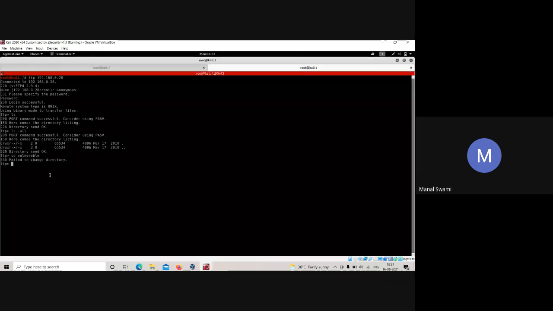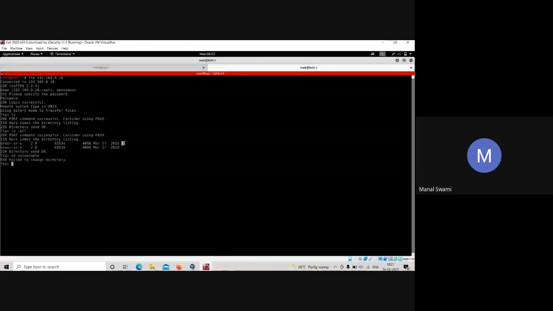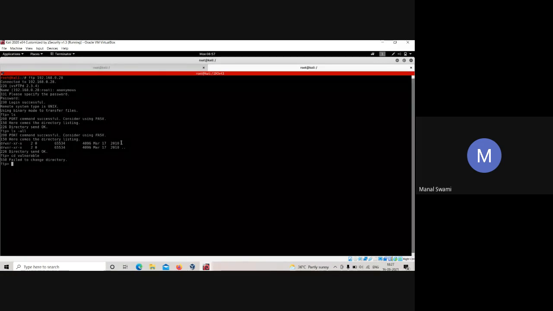But yes, one thing you can do is, if for example there is a file over here, let's say any file, let's say I name it hacker.txt, and you want to see that particular file. So what happens is, if you type cat and hacker.txt, it will not allow you to see those contents.